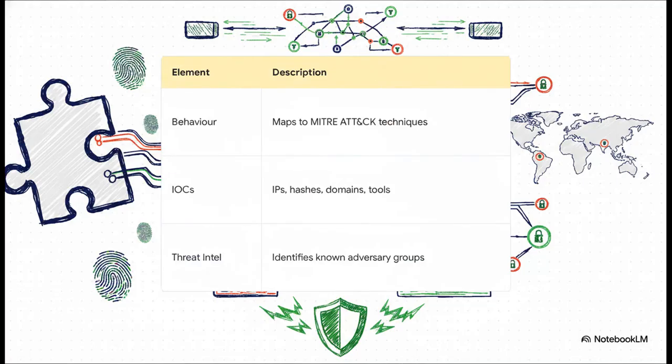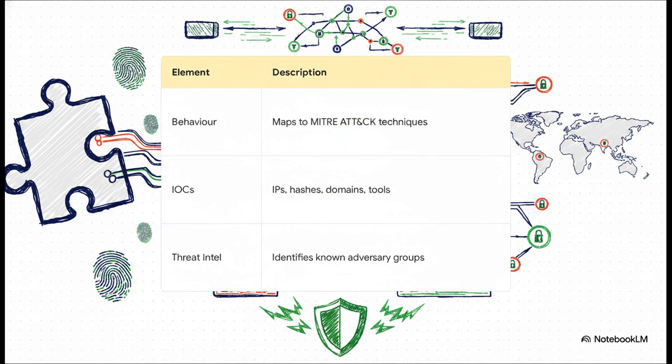Well, analysts solve this puzzle through a process called attribution. They carefully map the attacker's specific behaviors, their lateral movements, and indicators of compromise, things like malicious IP addresses or specific malware hashes. They take all that and compare it against global threat intelligence databases and the MITRE ATT&CK framework. By comparing these unique digital fingerprints to known adversary groups, they can confidently attribute the breach to a specific syndicate